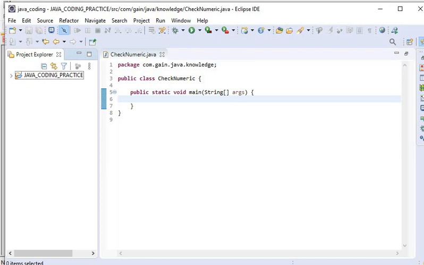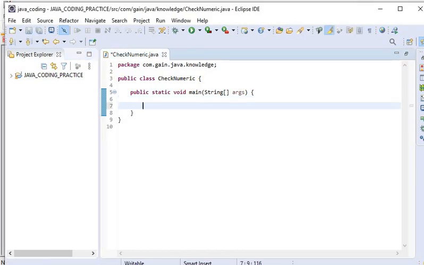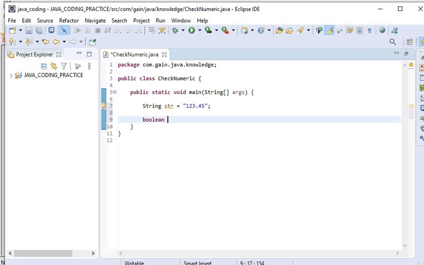Here I have created one class and defined the main method. Here I will declare one string value, 1.2345, and it is a numeric value. And here I will declare one flag that will be used to check is numeric, and by default it will be true.